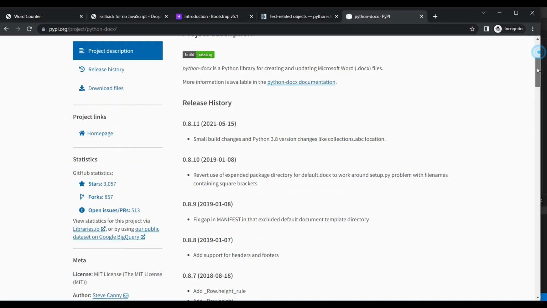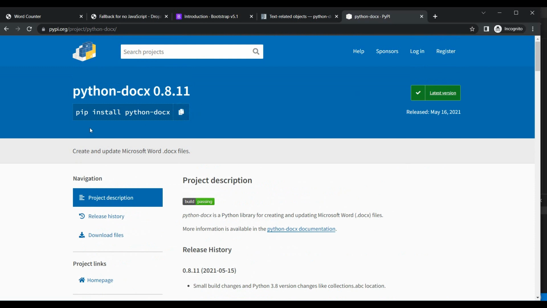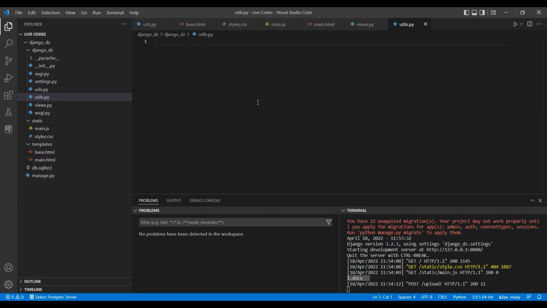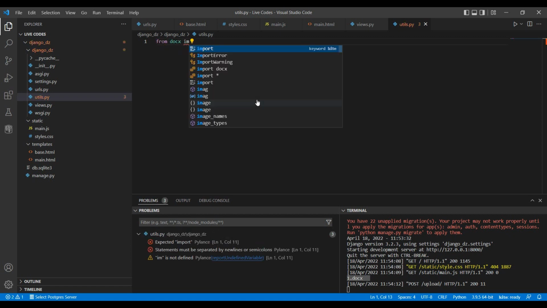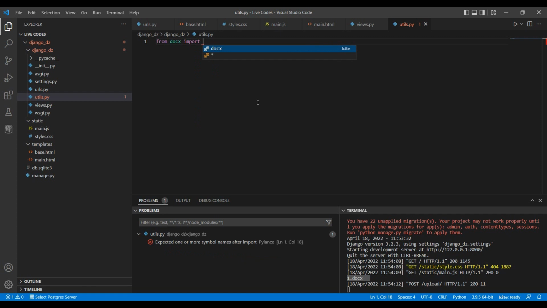If you haven't installed it, you can just install it using pip install python-docx. So let's just import that, from docx import Document,